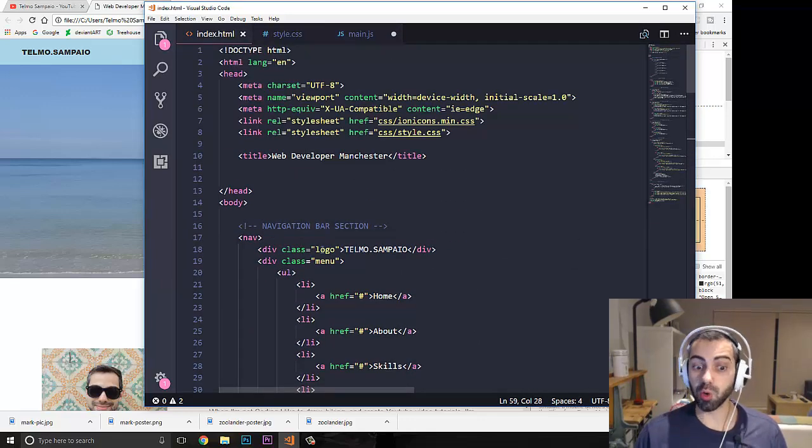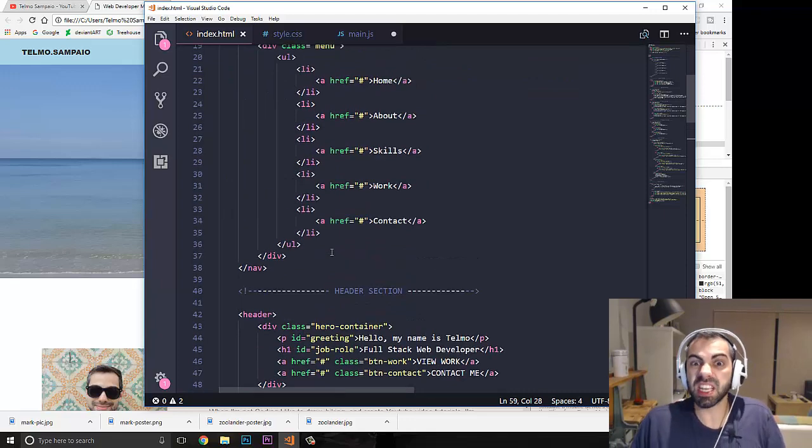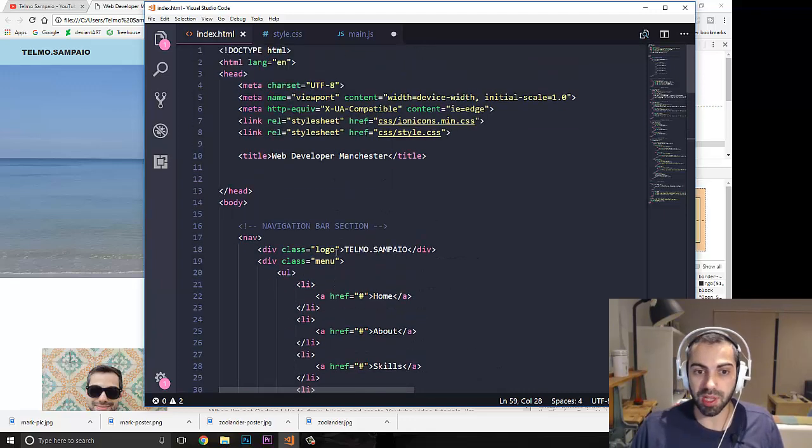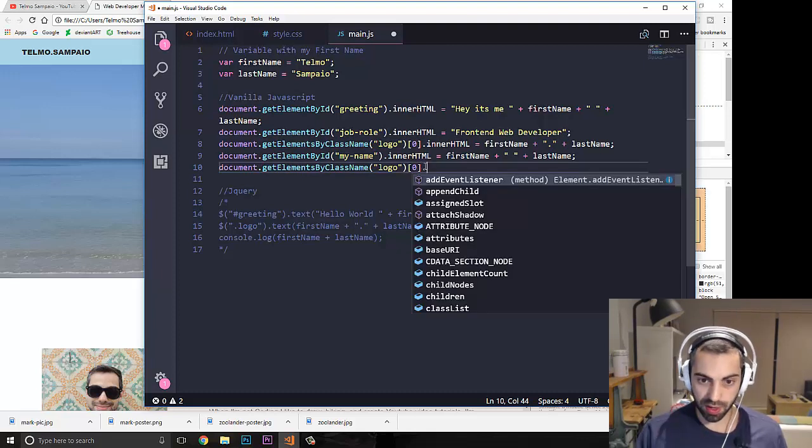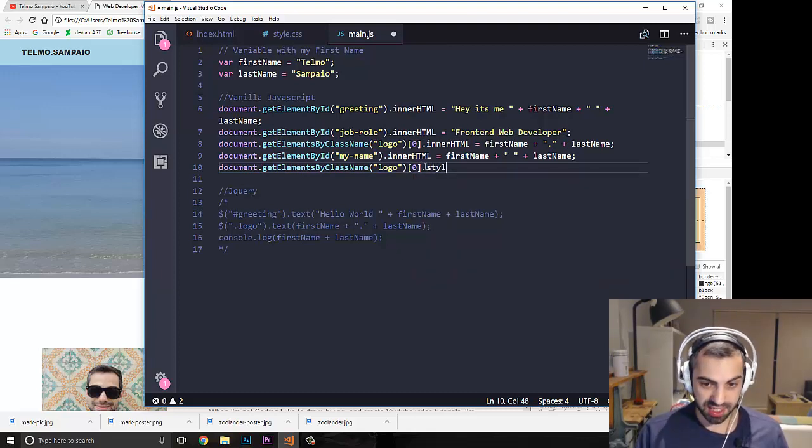This one in here. It could be more, you know what I mean? Because it's a class, a class should be used multiple times. But we are telling it it's the first class with the name of logo that appears on the page. That's why we put the 0. That's how JavaScript tells. You're going to understand this a little bit better when I cover arrays. Okay, so document.getElementsByClassName logo, bracket 0 is the first one, and then I'm going to say style, dot